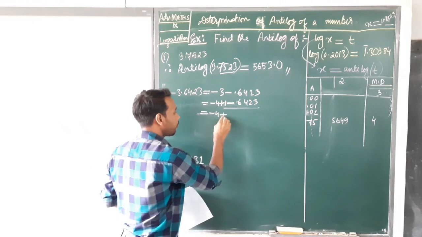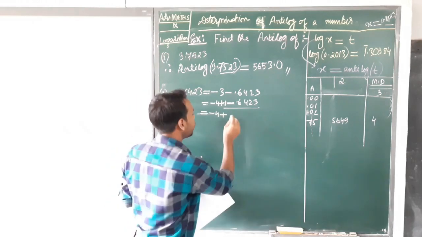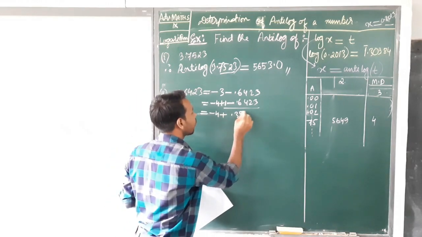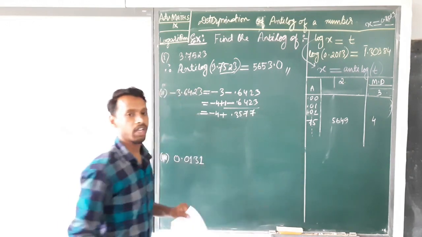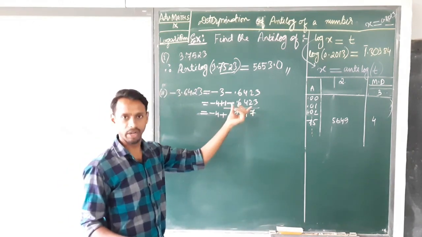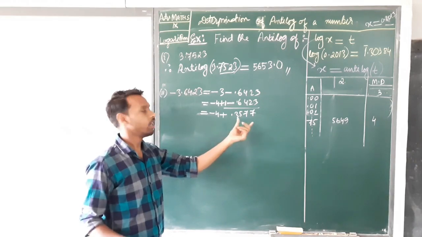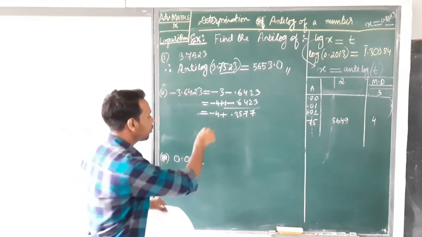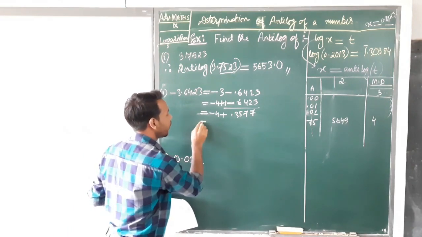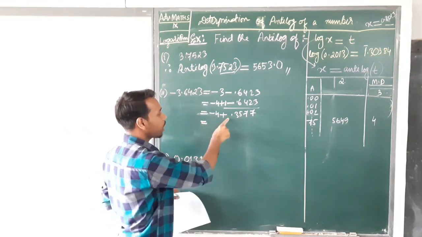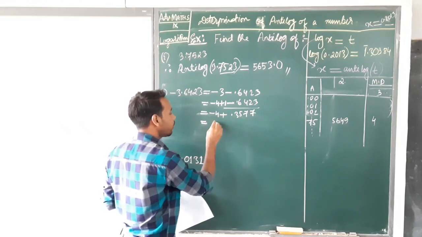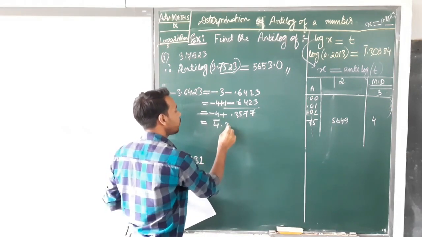You will get plus 0.3577. You can check the subtraction. Now this decimal part has become positive, so you can get the antilog. But you have to write it in the standard manner. So minus 4 plus 0.3577 we can write as 4 bar